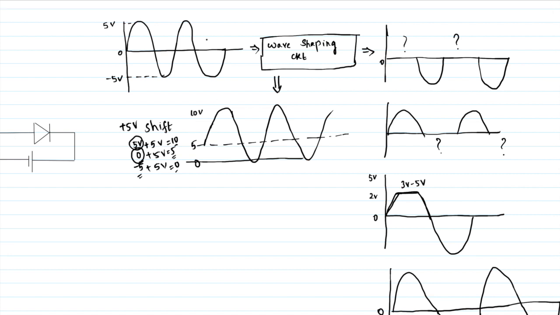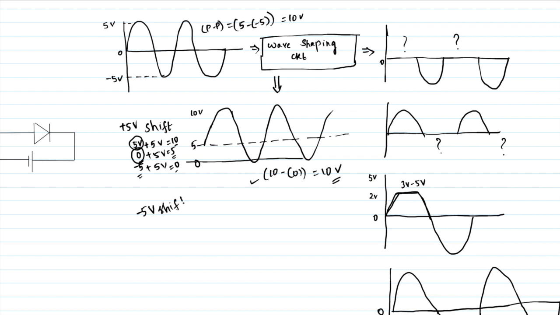One thing we have to see is that peak to peak is the positive peak minus the negative peak, which is 5 minus minus 5, that is 10 volt. Here also peak to peak is 10 minus 0, so 10 volt. So while shifting the signal, we have to check that the peak to peak voltage remains the same. For the input signal the peak to peak voltage is 10 volt, and for the shifted signal it is also 10 volt. Similarly, you can also shift the signal in the negative direction.